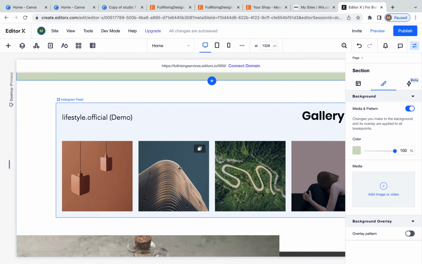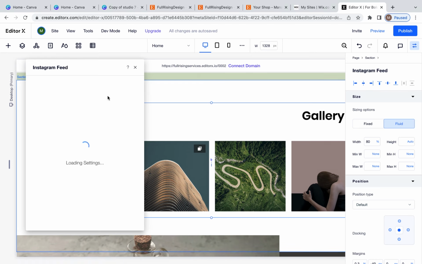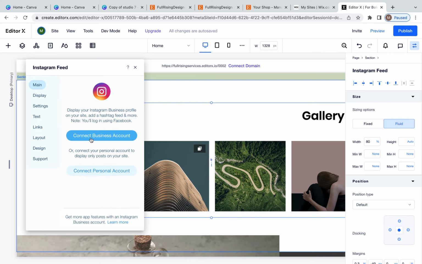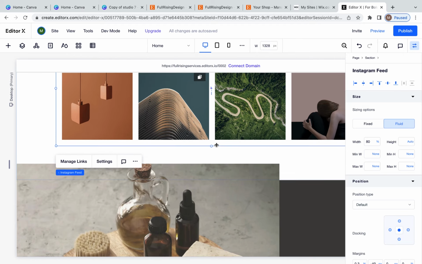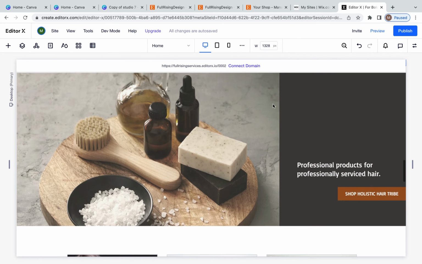This right here is your Instagram. So when you click the Instagram, this demonstration right here, you go to settings, and settings is where you can connect your Instagram and change things around. Okay, I'm gonna click this away. And then this is your products. You can put a picture here of the products that you sell,